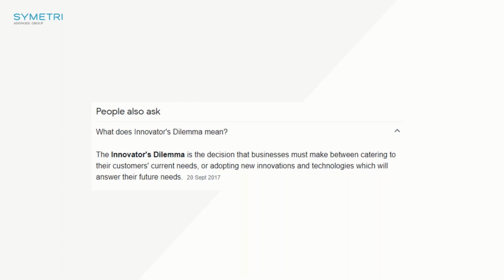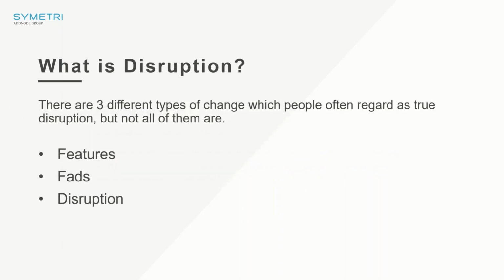So I don't think it's quite as binary as stick or twist, but the important thing to take away is that once you are aware of a changing dynamic, it's really dangerous not to come up with a plan. And the following tools and frameworks should give you a guide. So let's just go back to understanding what is disruption.